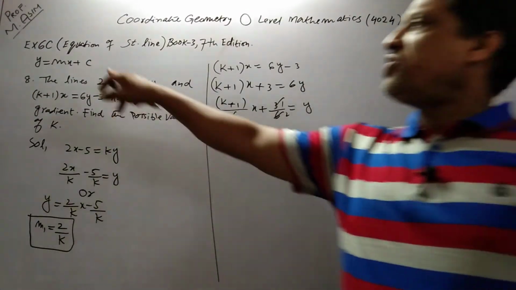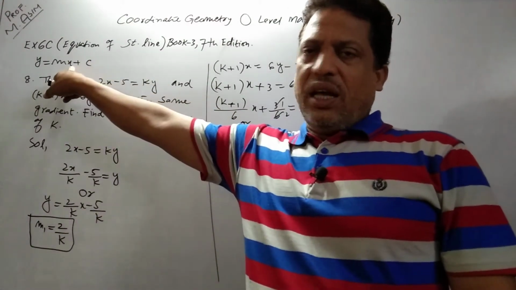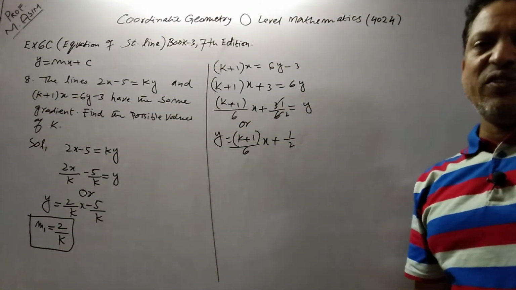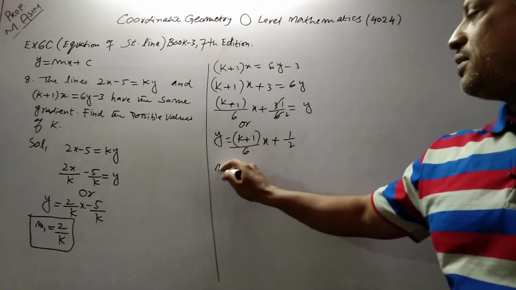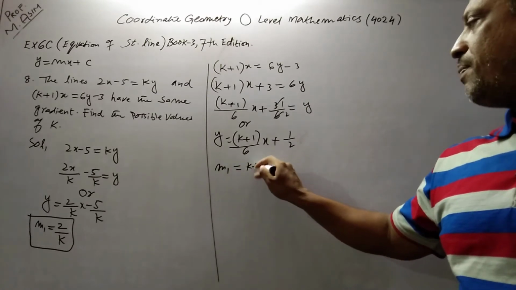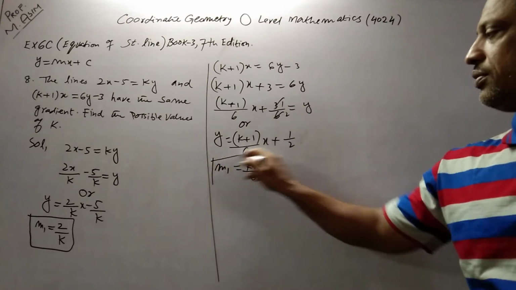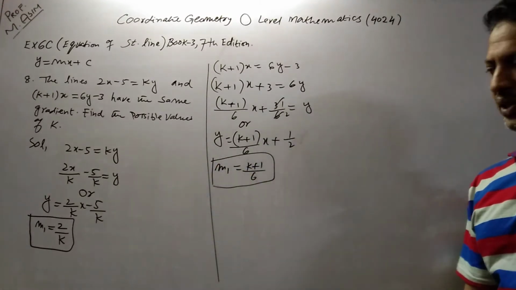So what is the coefficient of x? The coefficient of x represents the gradient. What is the coefficient of x? The coefficient of x is (k plus 1) upon 6. Now, according to the question,